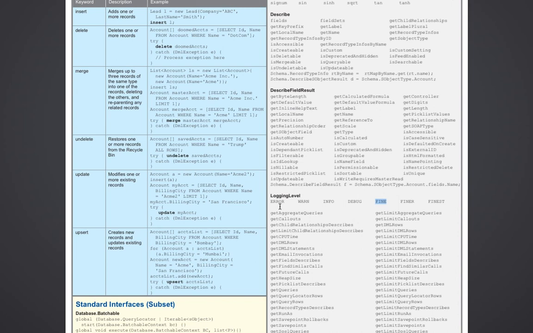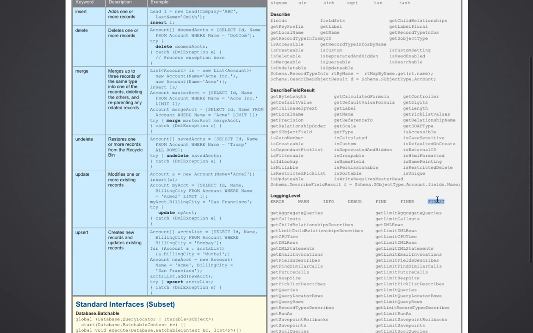For log level error, there will be a small debug log. For info, there is a bigger debug log. For finer, it's an even bigger debug log. Sometimes the debug log size will be exceeded if you are using finest. If you are running a complex Apex page and trying to track debug logs for that, and you give finest